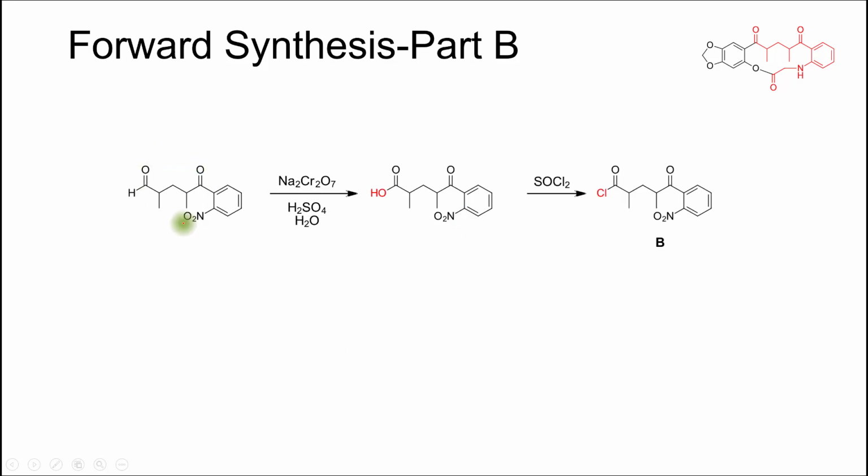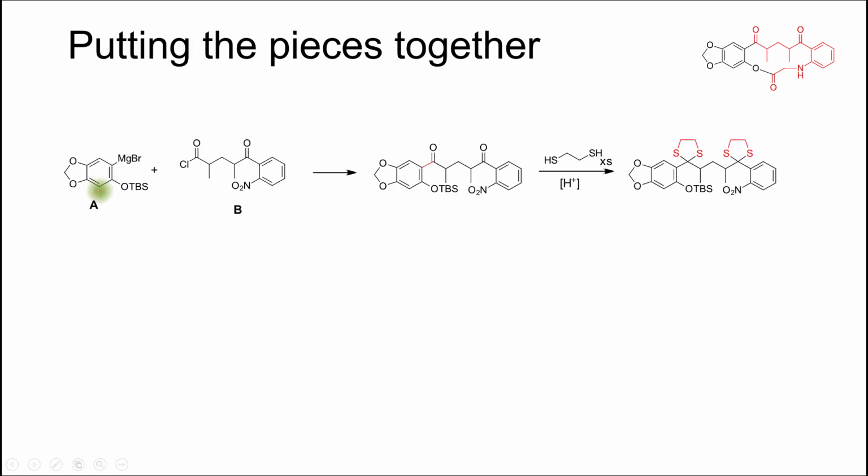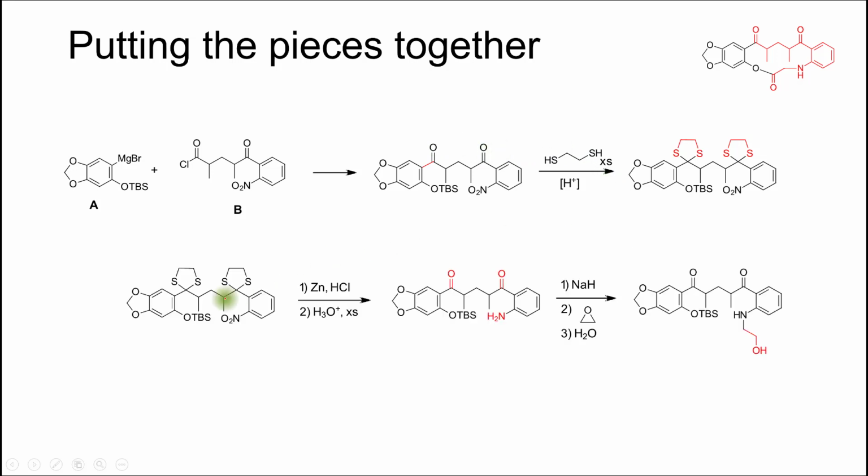All right, so once we have that molecule together, I can oxidize my aldehyde to the carboxylic acid and then use thionyl chloride to make it the acid chloride. And then I can put that together with my part A of the molecule, and that will fuse these 2 chunks together. And then I'm going to add a dithiane in order to protect both of my carbonyl groups. And once those are protected, I can use zinc HCl in order to reduce my nitro